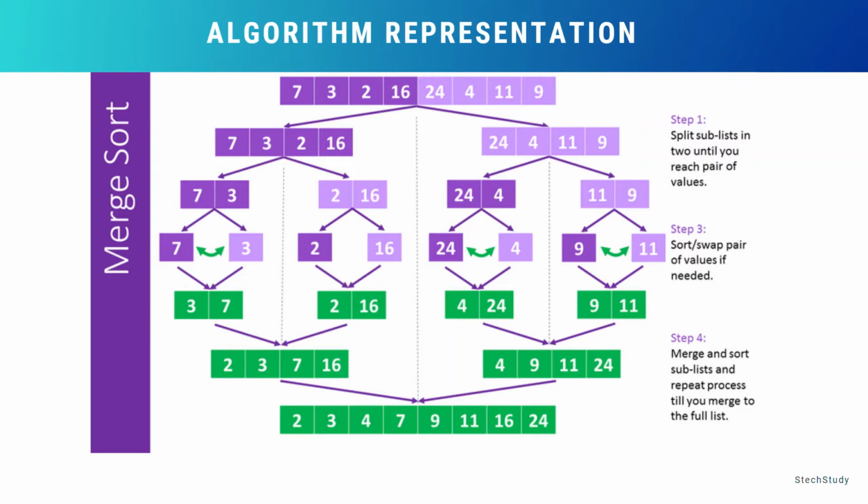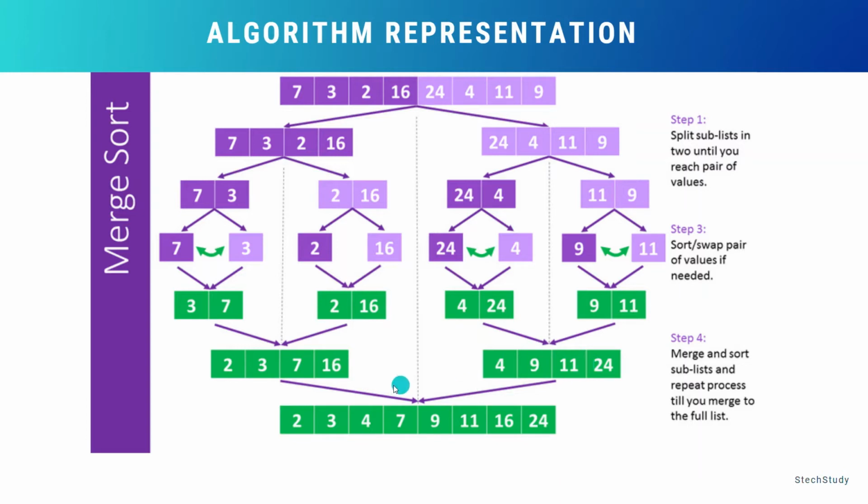So I'll explain the same logic once again. Consider there are two sets of elements, 4, 24 in one set and 9 and 11 in the other set. Now compare 4 with 9. Since 4 is lesser, 4 will be copied to the new array. Next, 4 is over, so we take 24. 24 will be compared with 9. 9 is lesser, so 9 will be copied. 24 will be compared with 11. 11 will be copied. The second array is over. We copied 9 and 11 already to the new array, leaving only 24. That element will be copied as it is to the new array.